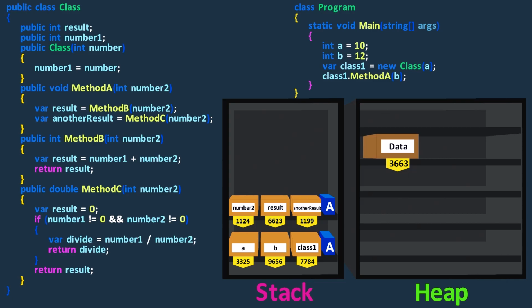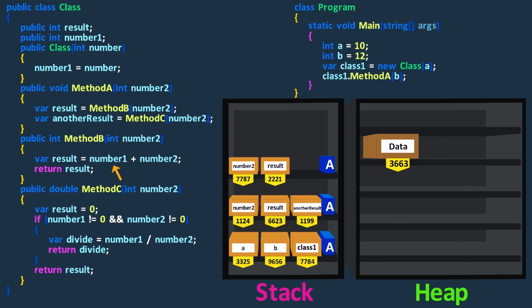First, we call method B, which creates another stack frame. This stack frame has 2 local variables named number2 and result. In method B, we calculate the sum of number1 and number2.